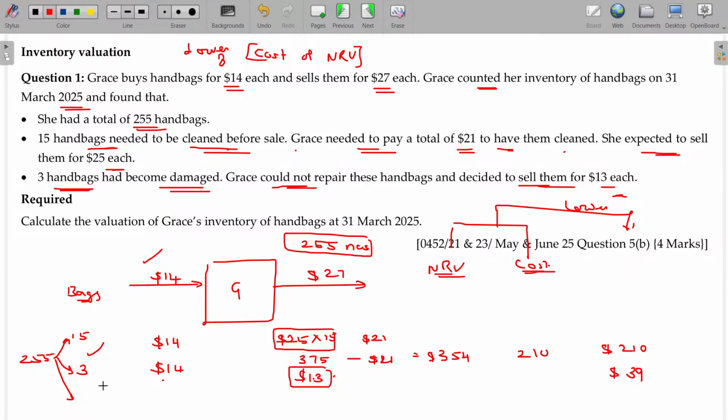Rest of the bags, how many rest of the bags we have? 255 minus 18, 237 bags we have. The cost being 14 and sale value being 27. Nothing stated means sale value being 27. Between these two, whichever is lower, 14 will be taken. So 237 into 14, the final value being $3318. Then total being,